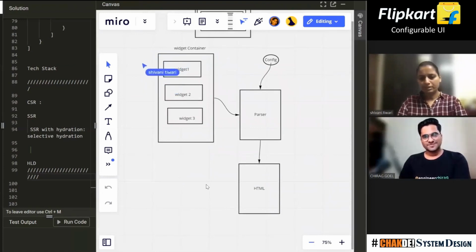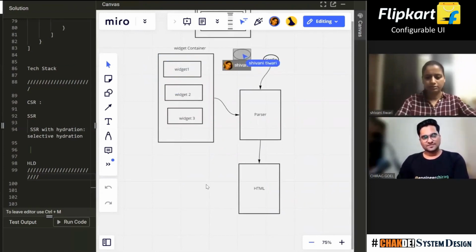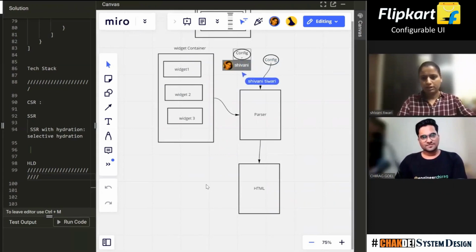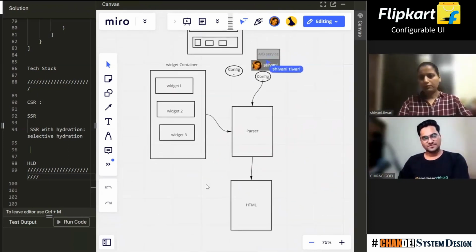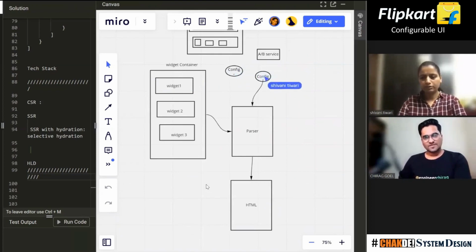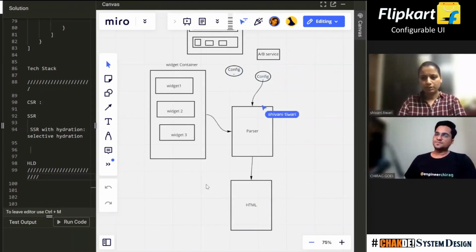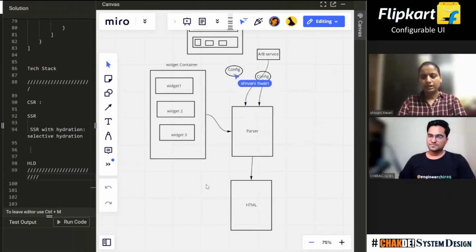So I have different configurations, and I have something called an A/B service. This A/B service is going to define whether you want to use config 1 or config 2, which config is exactly coming to you. So I'll pull the data into my parser,